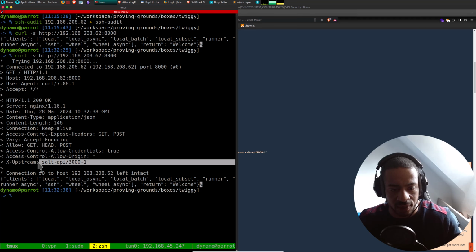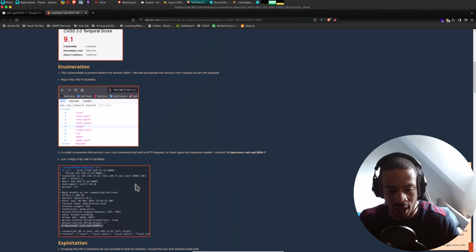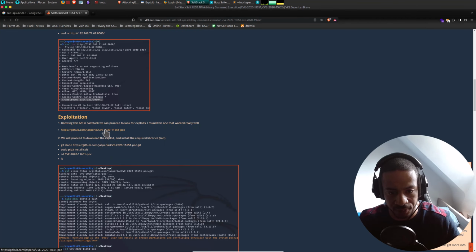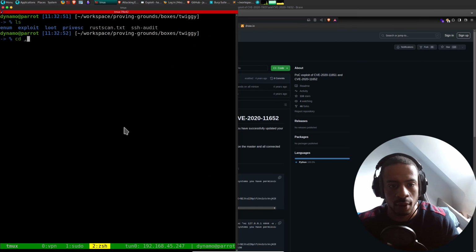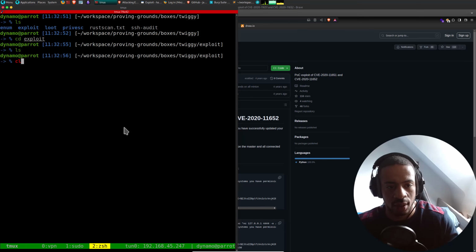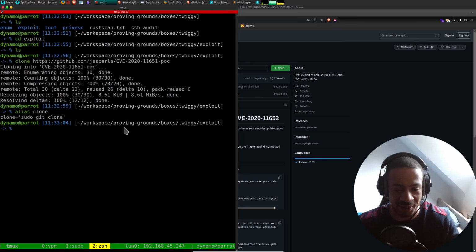It says here, so we can confirm that this is vulnerable to this. So let's go ahead and download this exploit. Let's go to exploit, clone. I know it's git clone, but clone is an alias for git clone. There you go.